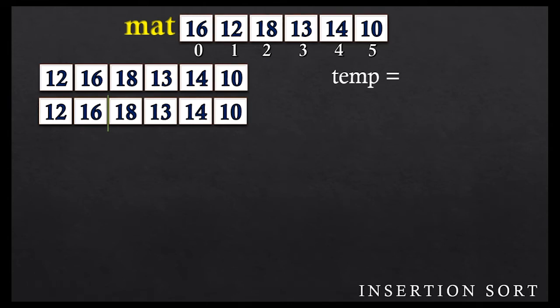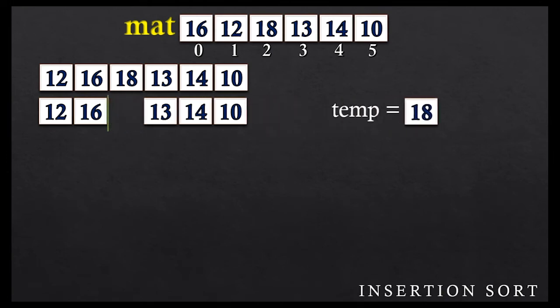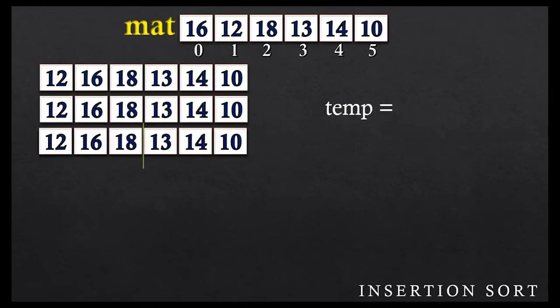Now I am explaining the next step. Again I pick one element from the unsorted array, and now our aim is to place 18 at its position in the sorted array. So I shall keep 18 in a separate variable, that is temp, and compare it with the left side element, which is 16. Because 18 is greater than 16, nothing will move, and we can say 18 is at its desired place, and the free space is filled with the temporary variable, that means 18. Here you can see 18 is now in the sorted side.